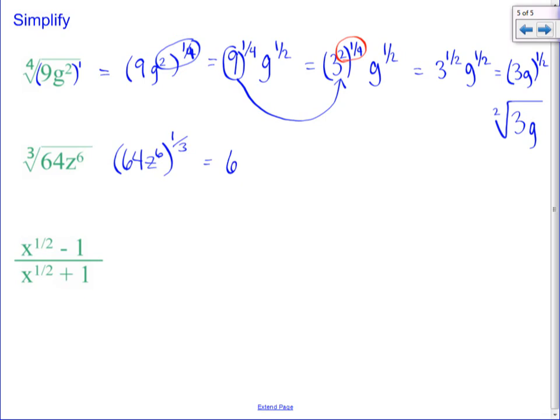So we got 64 to the 1/3, and we've got z to the 2. Change the 64 to its base number, which is what? 2 to the 6th. So we've got,